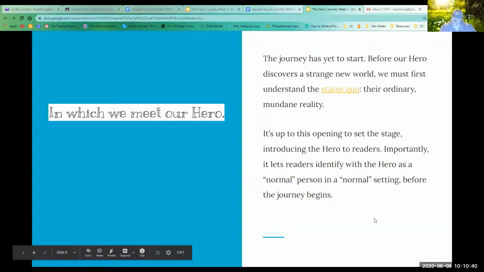Okay, so the journey has yet to start. Before our hero discovers a strange new world, which he'll create also, we must first understand the status quo, their ordinary, mundane reality. It's up to this opening to set the stage, introducing the hero to readers. Importantly, it lets readers identify with the hero as a normal person in a normal setting before the journey begins,